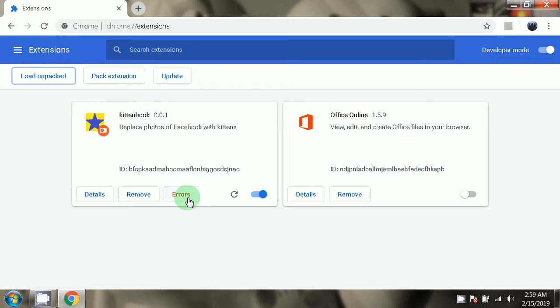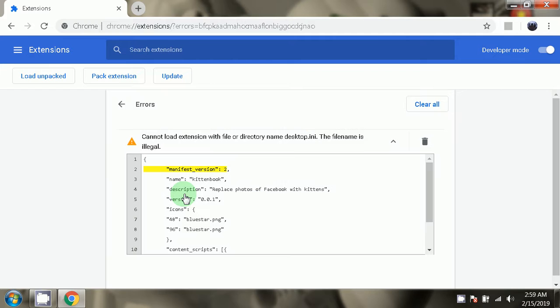But you see this called errors, so you click on it and it says that manifest underscore version, there's a problem with that. Cannot load extension with file or directory name desktop.ini. The file name is illegal. Alright, I browsed the internet to find out how to fix that, and the only thing that I found was